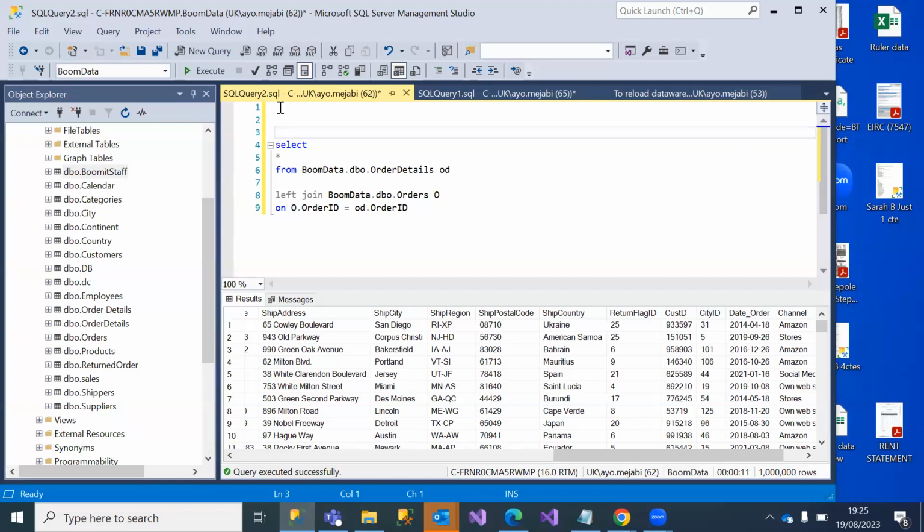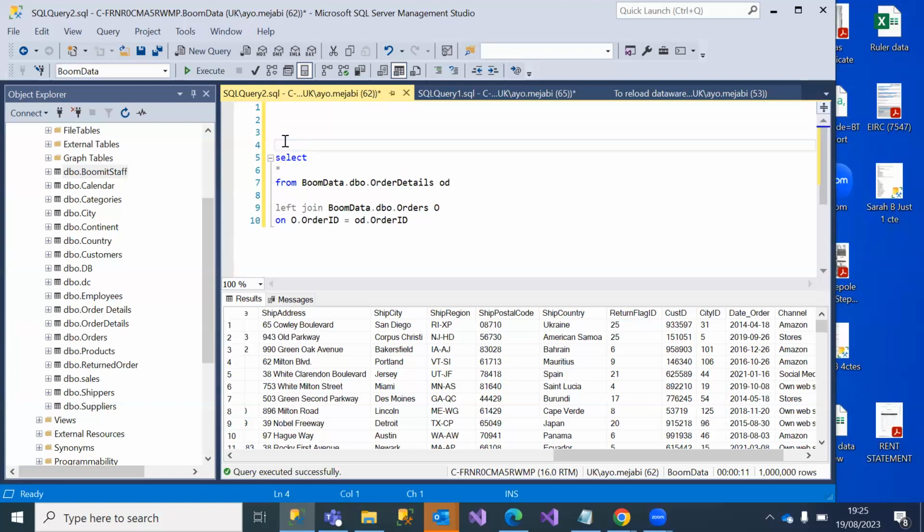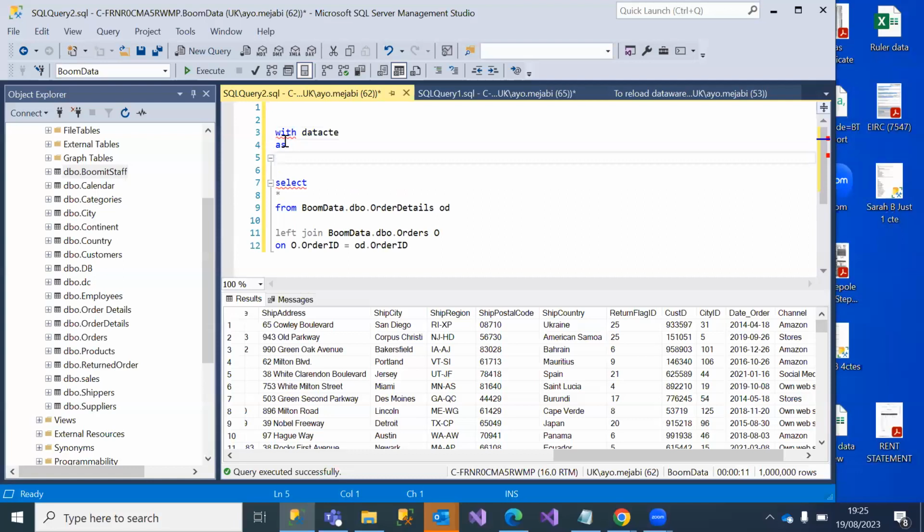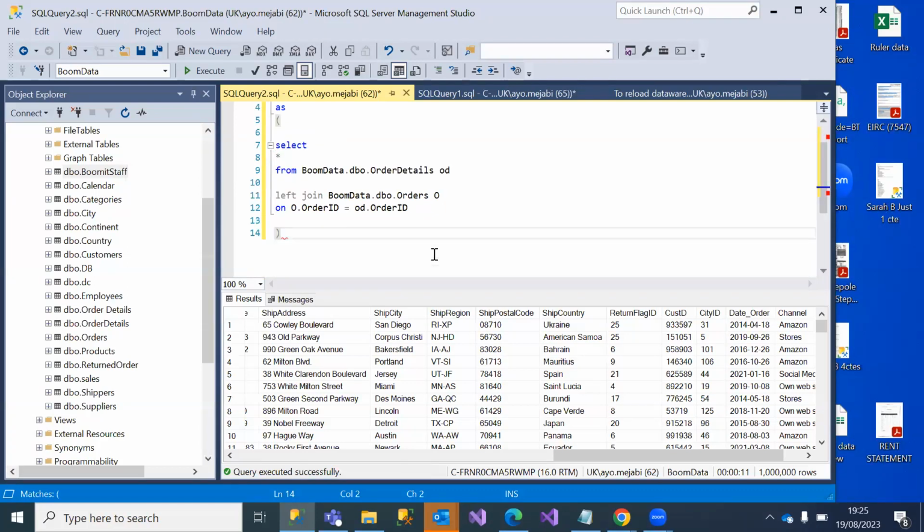Once you've written all your query, you then wrap it around. You just go to the top and say with. You can call your CTE anything, with data CTE as, then you open a bracket, and then at the end of it, close the bracket. And that's it. You're done.